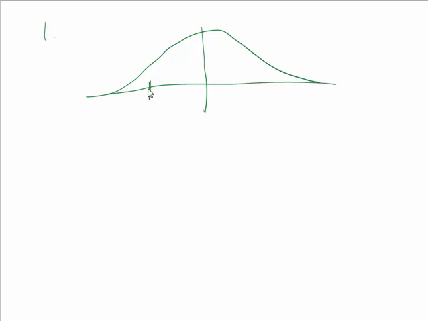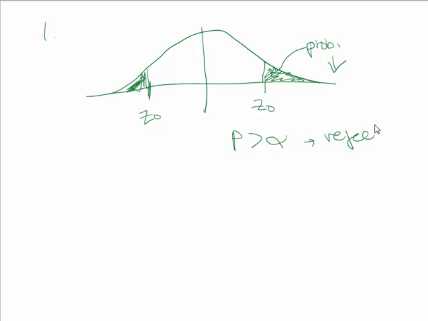So we found a z-naught value, and we wanted to find what that probability was so that we can display here, such that it was less than alpha. Because basically what we want is for this probability to be so small that it in effect means that we've limited our type 1 error. The probability was actually greater than alpha, and as a result we rejected the null,